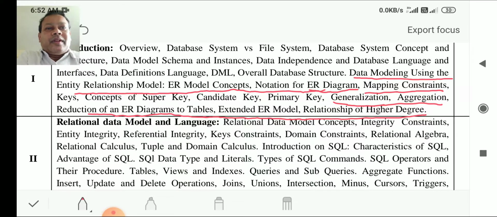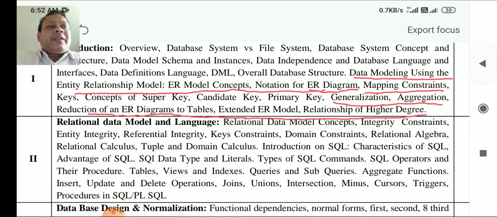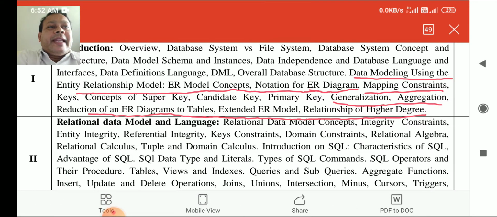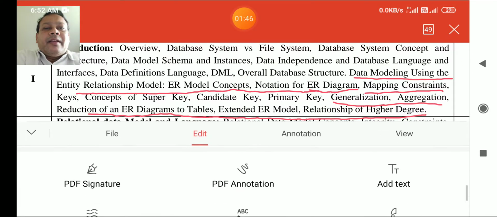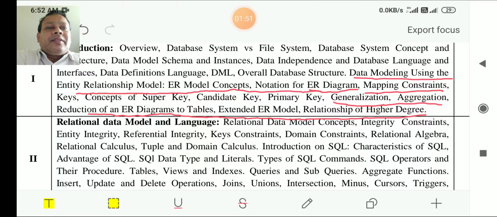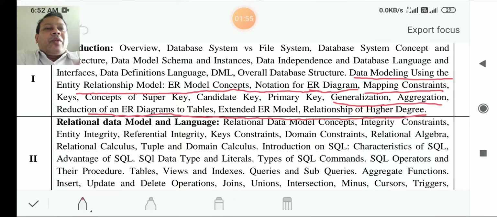And we already know that we talked about this table. So before creating a particular table, we are going to have that ER diagram, entity relationship diagram.